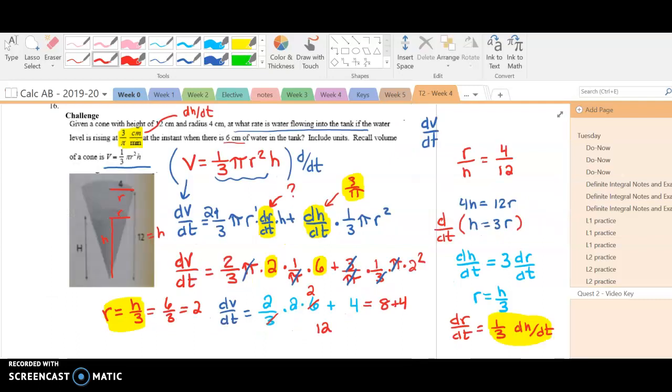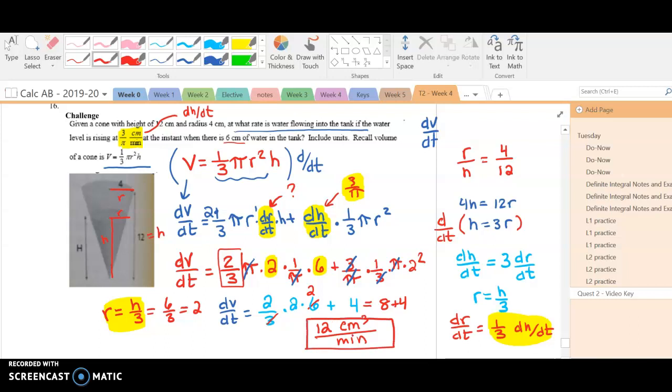When I first did this, I forgot my 2/3 here. So we've got 2 times 2 times 6 over 3 is really 8 plus 4, or 12 centimeters cubed per minute